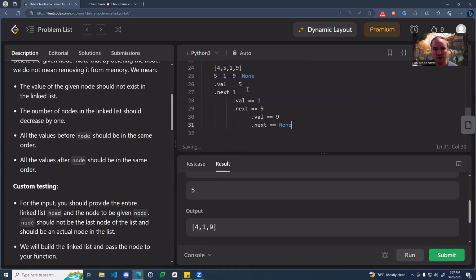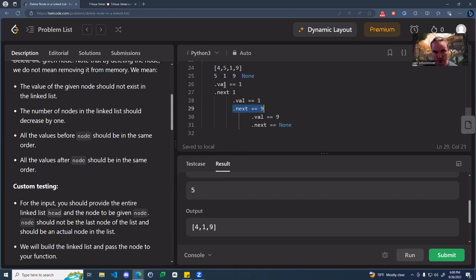Okay, and so basically what happens is we start out with this one, and we say here your val is now equal to dot next's val. Okay, so your val is now 1,